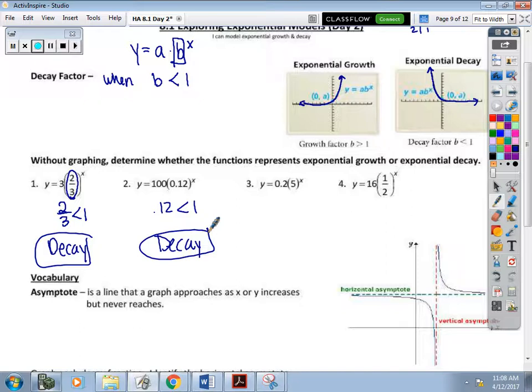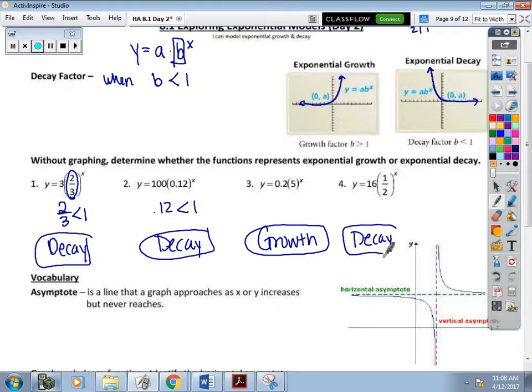How about number 3? Growth. The only way you can really screw this up is if you look at the a value by accident. Okay. You're going to notice that they usually do the opposite, so that if you weren't paying attention. And then the last one is decay. Now I'd like us to add an additional question,